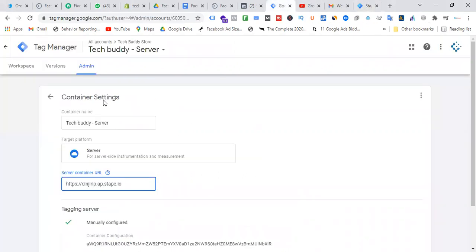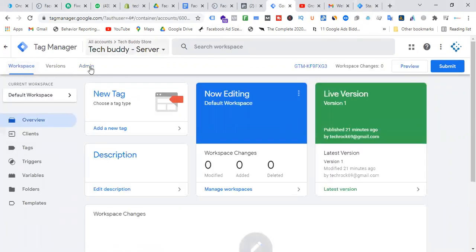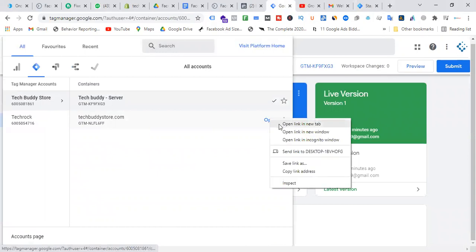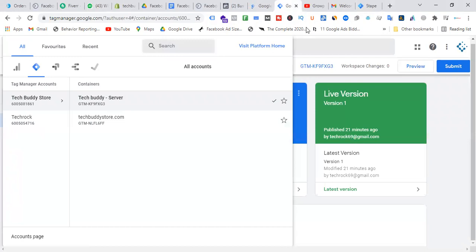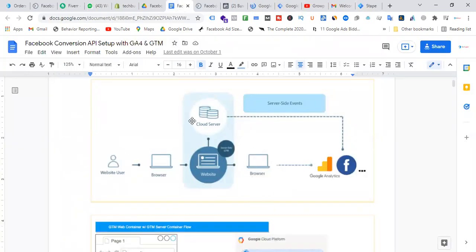Okay. So our server side container is ready, as well as our web container is ready. So the server container is ready through Stape. Now we can say this side is okay. So if anyone visits the website and Pixel tracks the data, the data passes through the cloud server, Stape.